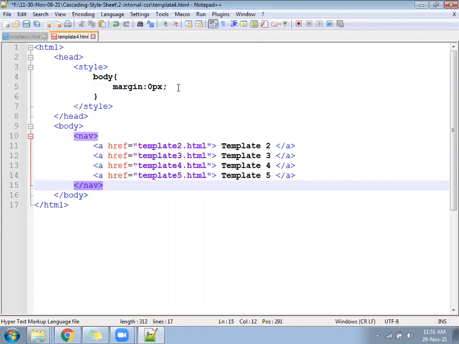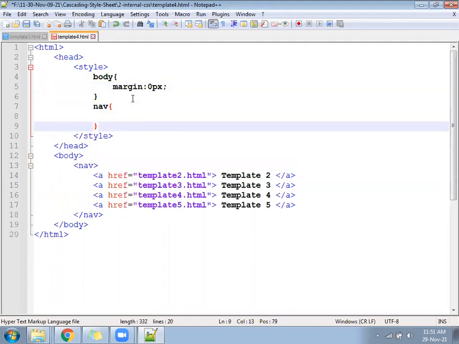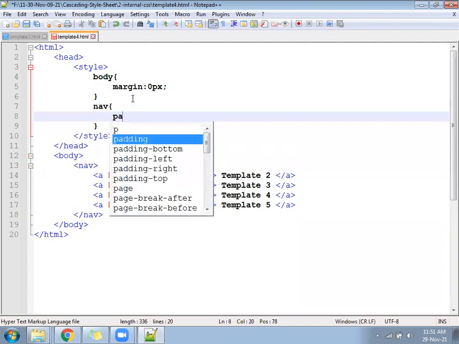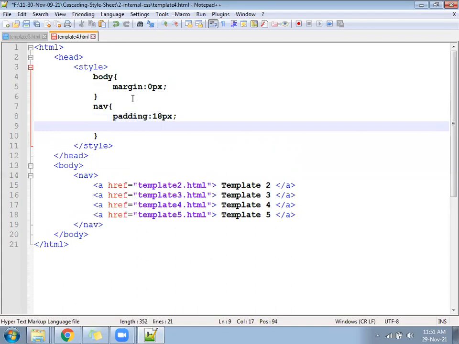Now body margin 0 px, then you will follow call nav. Inside that we can write padding of navigation somewhere 15 px or keep 18 px, and background of navigation,